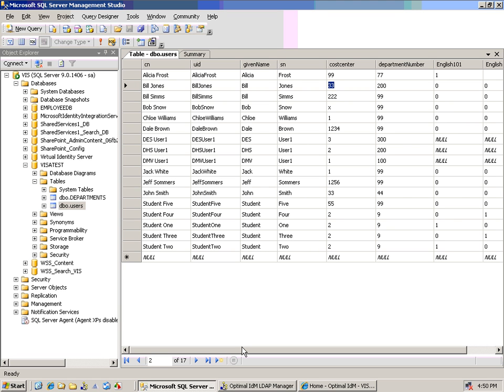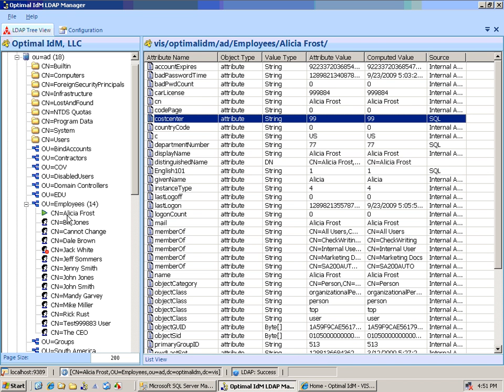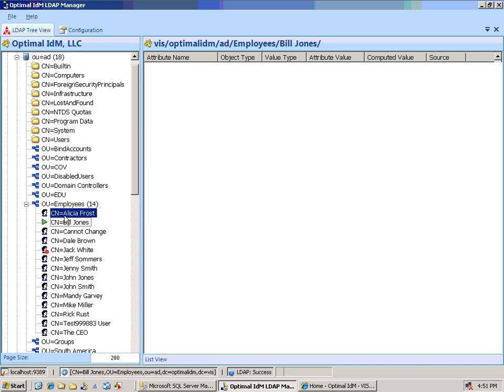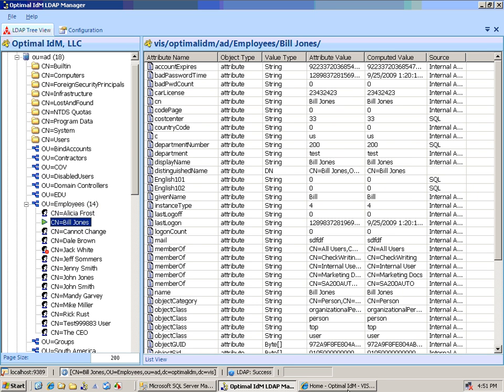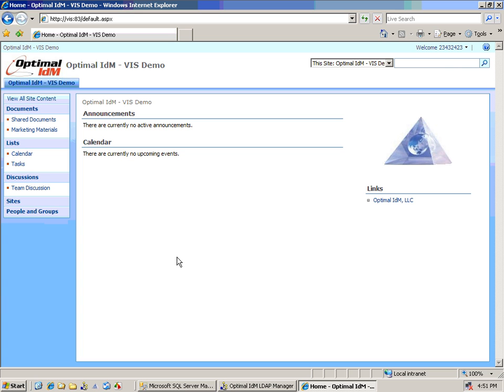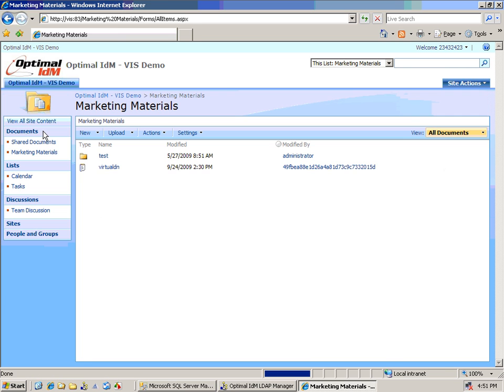The GUID would be created by a Windows API call, which creates a GUID, a globally unique identifier, guaranteed to be unique worldwide, so actually across any server. So let me show one other piece. I'm logged in to SharePoint as Bill Jones. Let me take a look, and if I access any of these different document libraries, actually let's first go to